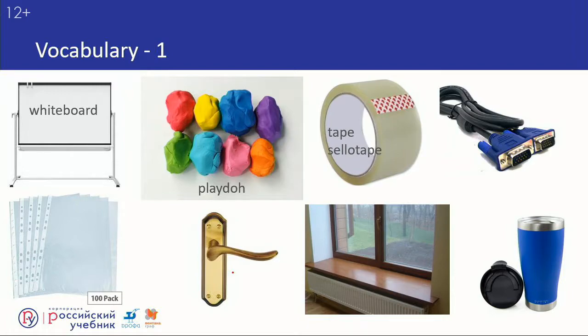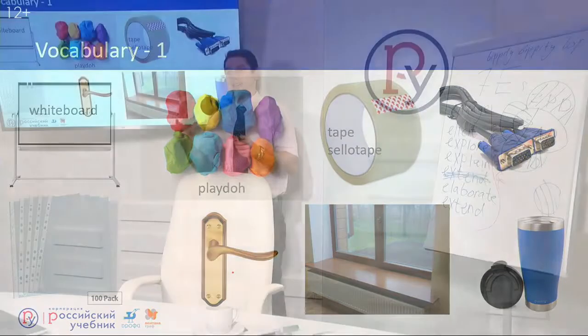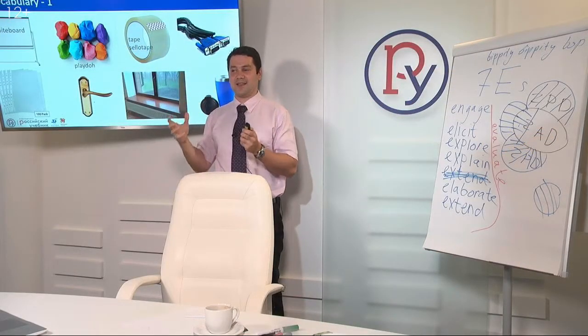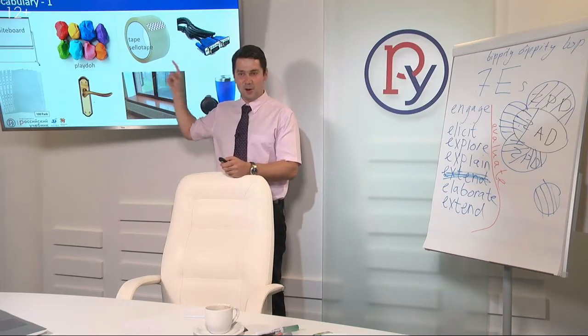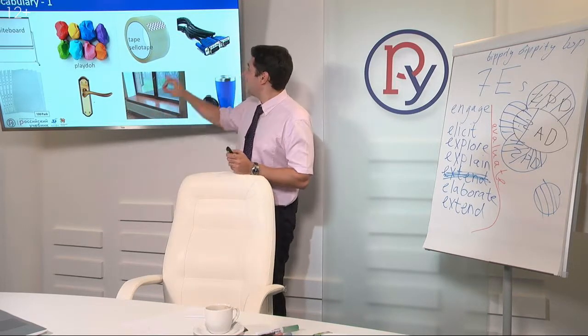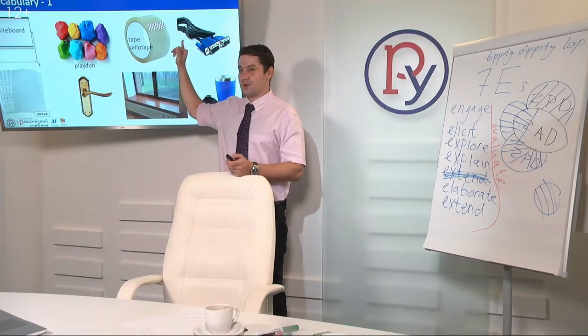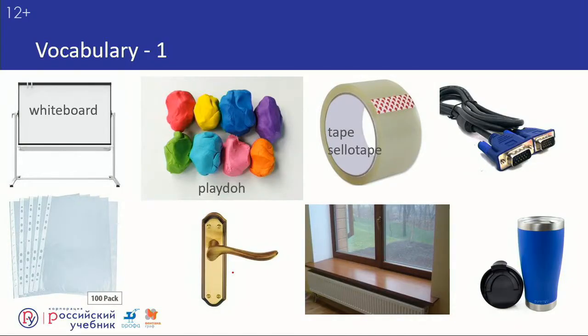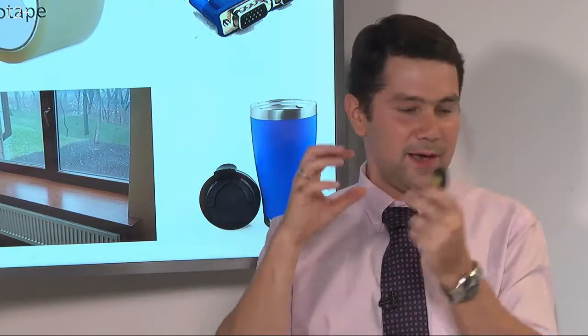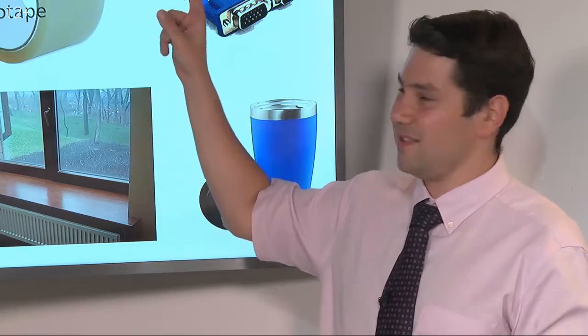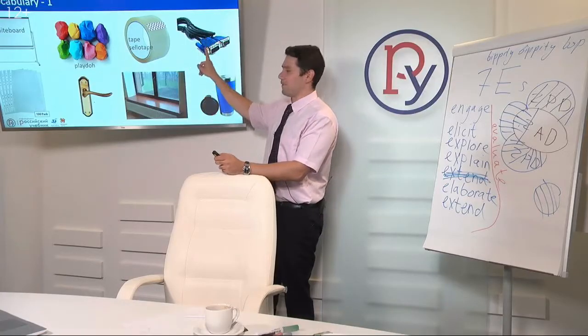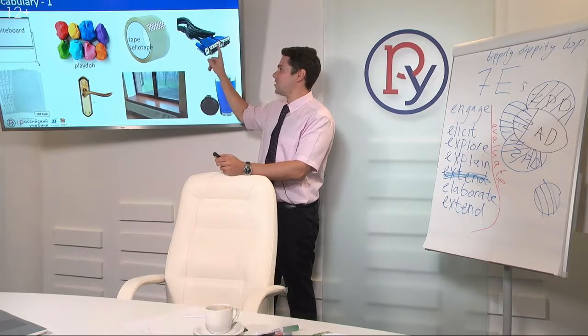This is a lead or a cord. And once again, if this is completely new for you, revisit the previous workshop, which was about the most common errors that teachers make in the classroom, because this is on the list of the things that teachers usually get wrong. This is called a lead, not wire. Why not wire? Because wire is usually just a piece of metal, right? So wires are smaller. This is a lead or a cord, and on top of this lead you have the plug,